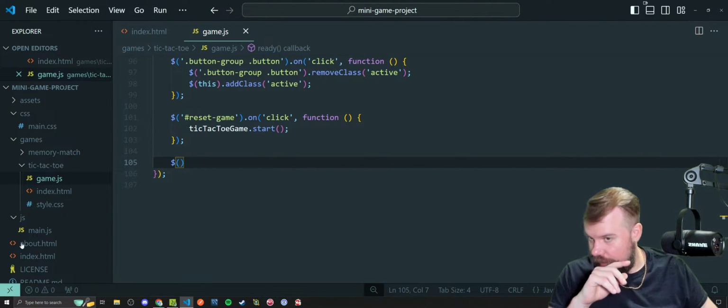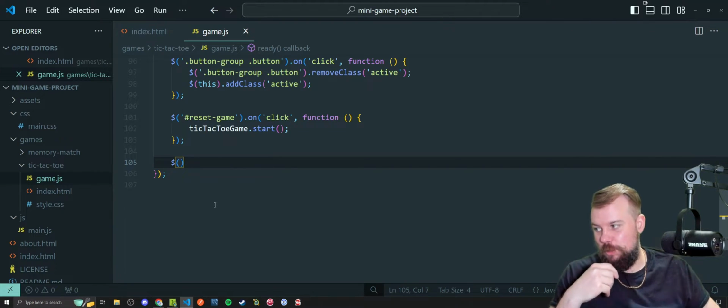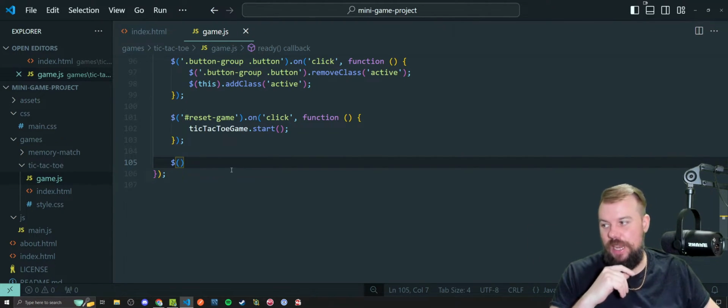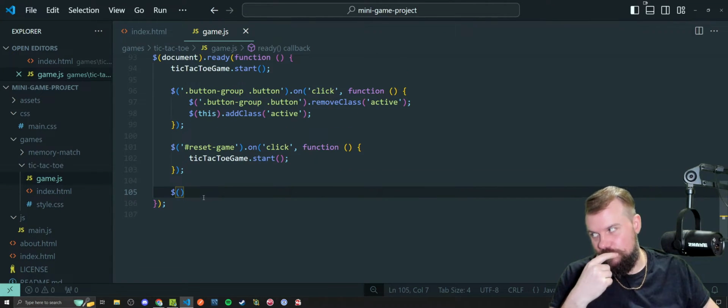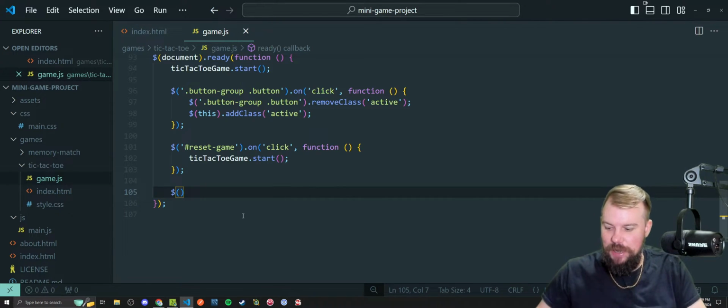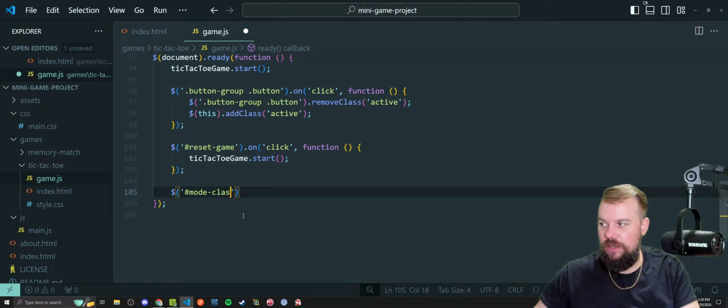So you're like, Luke, aren't you technically adding multiple clicks to each button at this point? Well, yeah, I'm just pointing out that's a fine way to do it if you want to do it that way. Again, it depends on your project needs and ability, and what you know about adding multiple events to the same kind of element and having issues and whatnot. So, keep this in mind. I'm not saying this is the way you should do it,